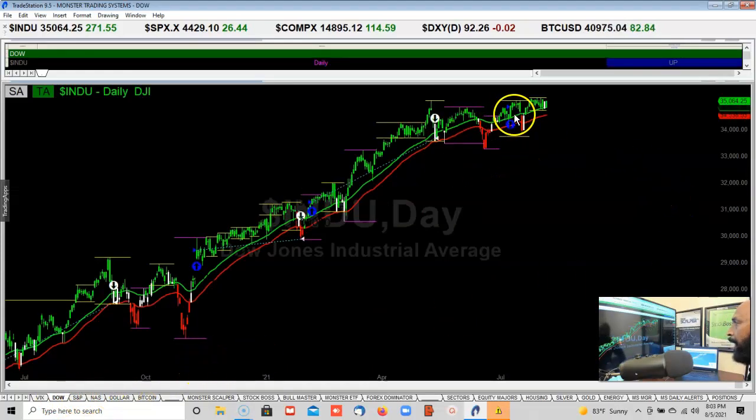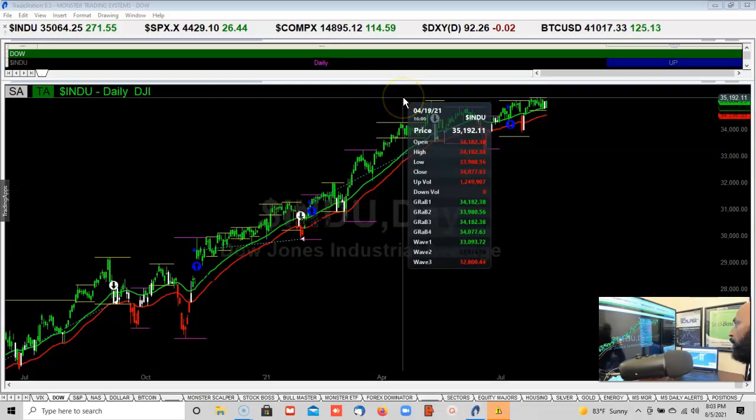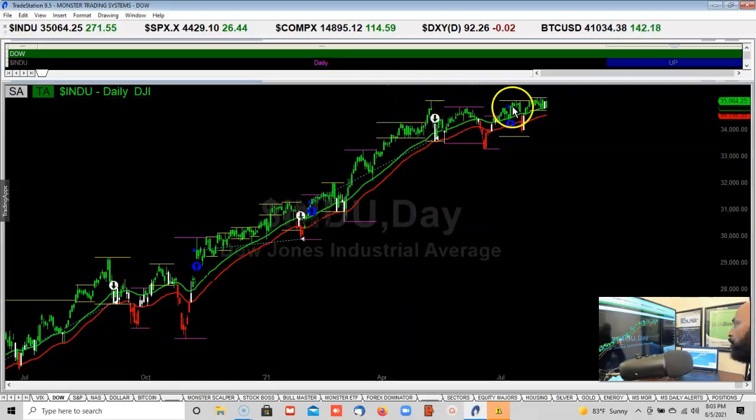Let's take a look at the Dow. Here's the Dow index right here. So the Dow, here's the buy signal here. We're still trying to break above that resistance line right here, right at 35,000 and change on the Dow. So had a down day yesterday, but had a nice update today and still looking to break through this